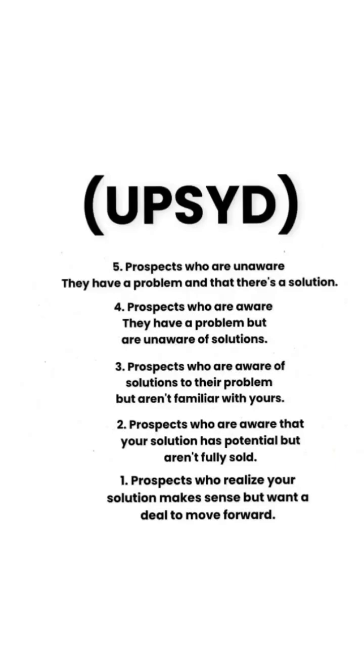Now, step number 4 is the P level of the acronym in upside, right? That means that they are aware that they have a problem, but they are just not sure what the solution is, right? They don't know what the solution is. And this way, you must educate them on what the solutions are, right? And at this level, you can